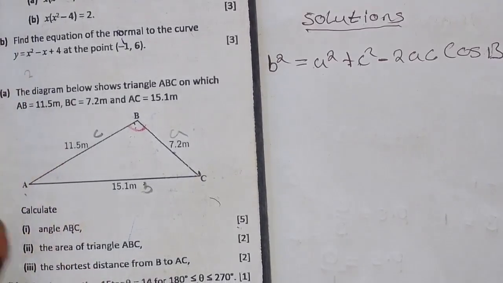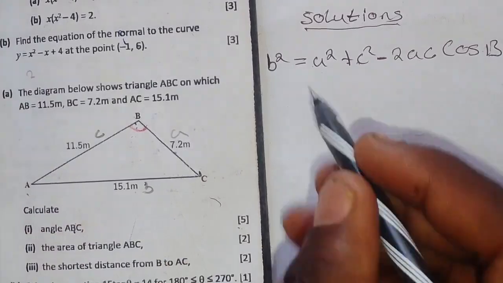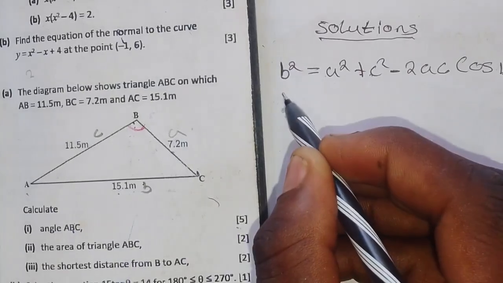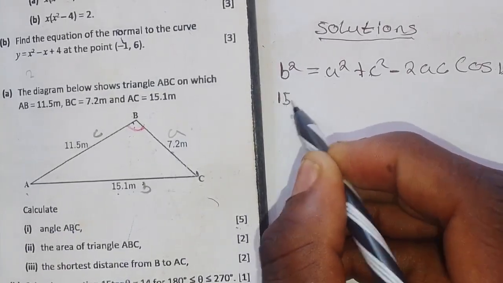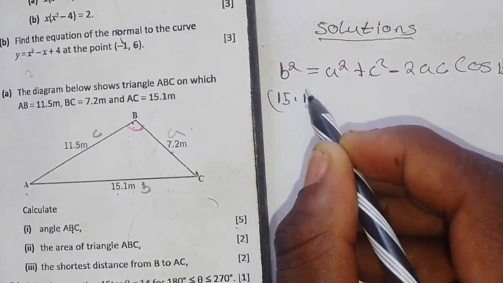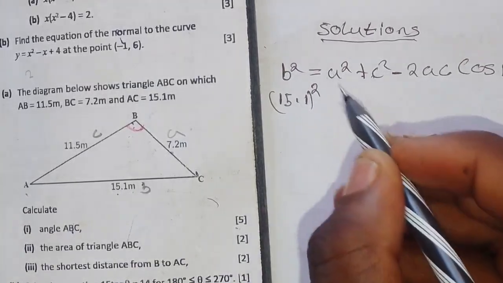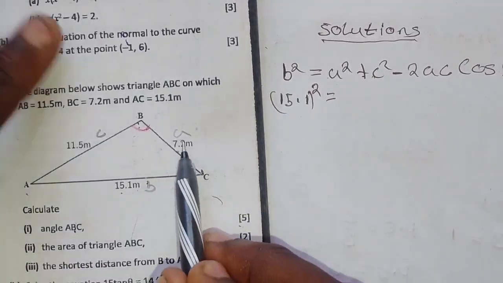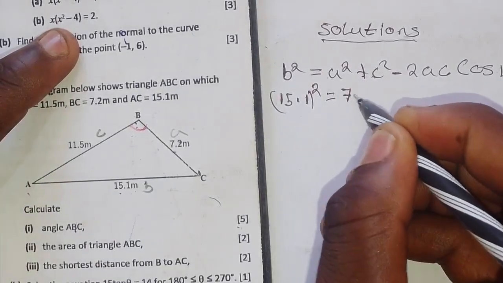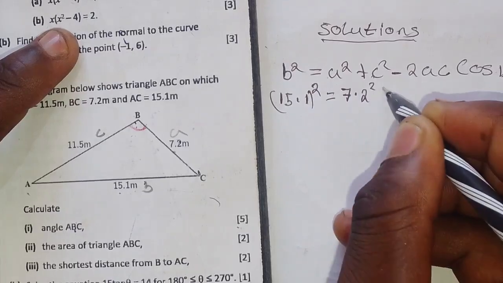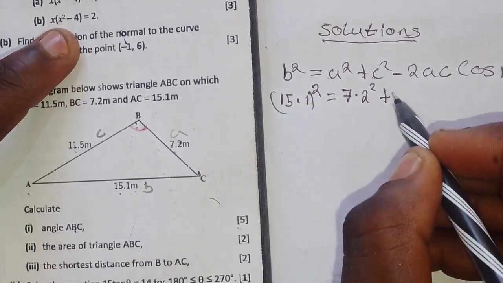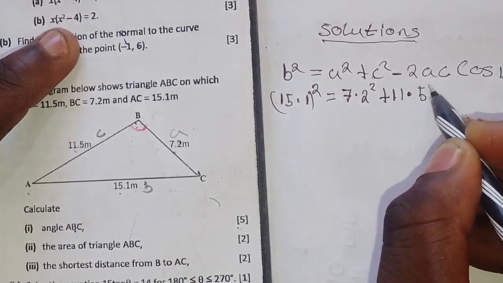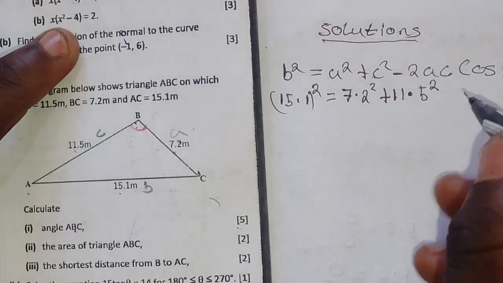So for b squared, which one is our b? We said that this is our b, and b is 15.1. So we're just going to put 15.1 squared, is equal to our a, this side is our a, so we're going to square 7.2 squared, plus our c, it's this one, 11.5 squared, 11.5 squared, minus